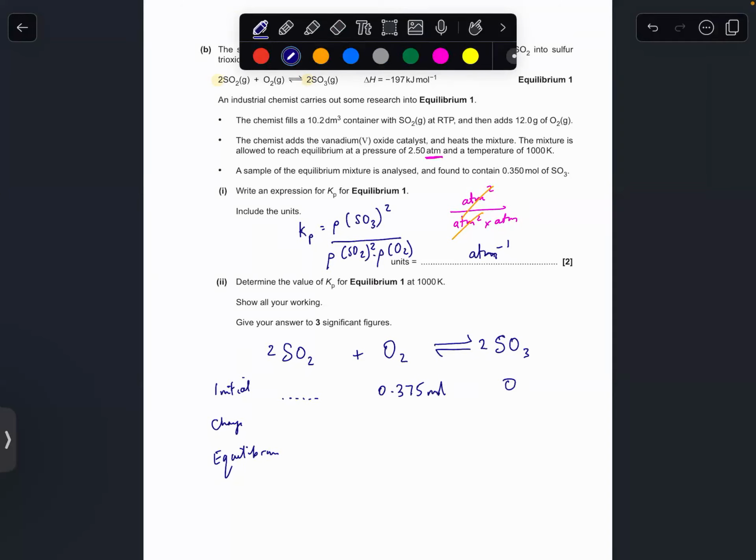So we don't know the change at equilibrium. There is 0.350 of SO3. You see the change, you've gained 0.350. The ratio